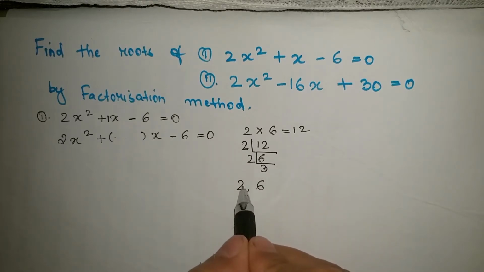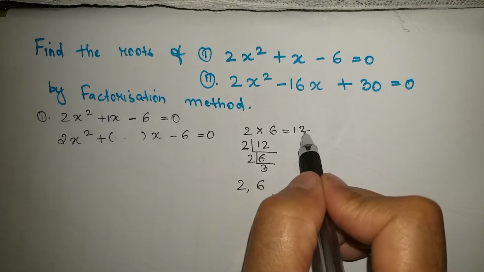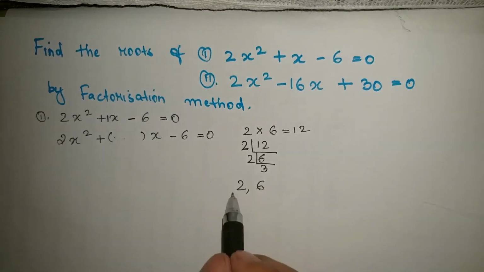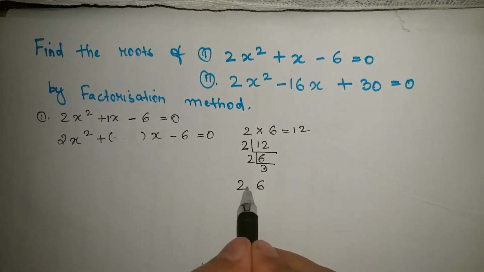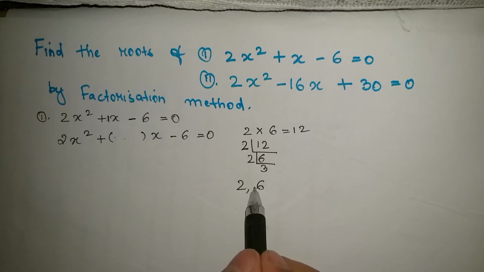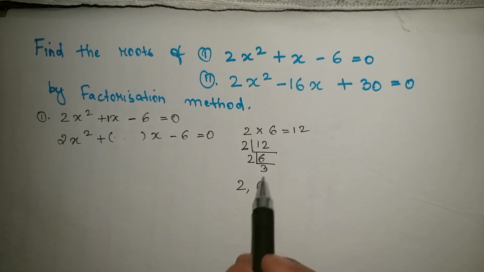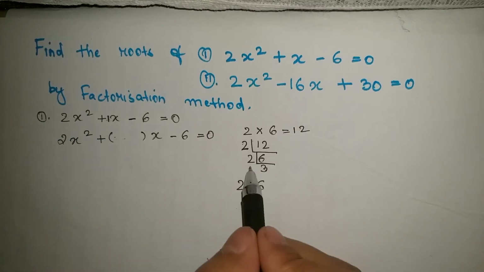Now if I multiply, here I have the two numbers, 2 and 6. If I multiply 2 into 6, I get 12. Obviously it's 12. What if I add? I get 2 plus 6 is 8. But I need 1. What if I subtract the two numbers? 6 minus 2, I get 4. So I don't get the numbers by combining 2 and 6. Let me try